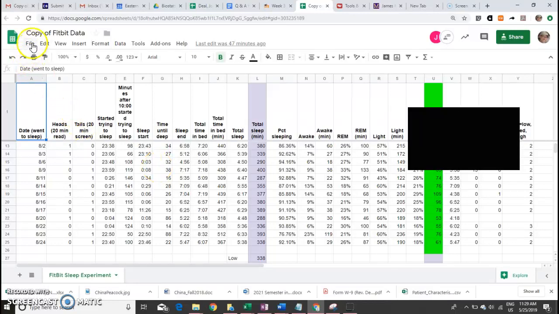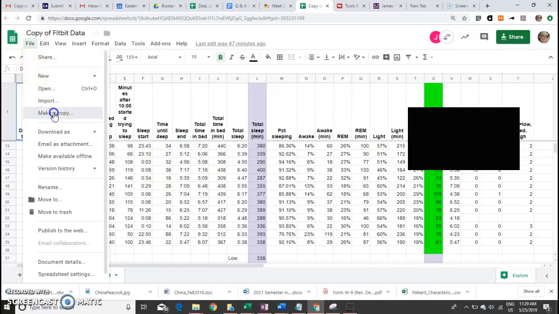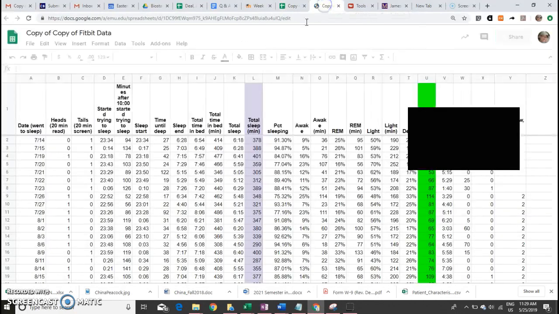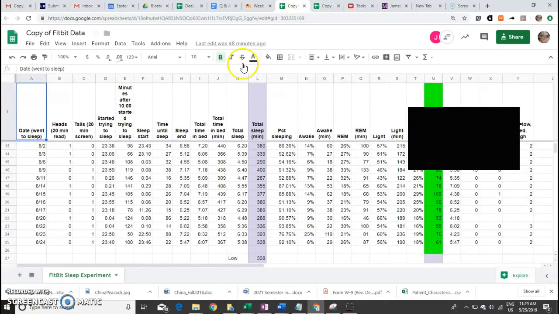So to make a copy of this, we go up to File, and then Copy, just click OK, and it'll open up as a new tab here. So it looks like this and this are the same thing, but the difference is you'll be able to edit this. Now another thing you could do, which is a great idea, is to actually copy it to,